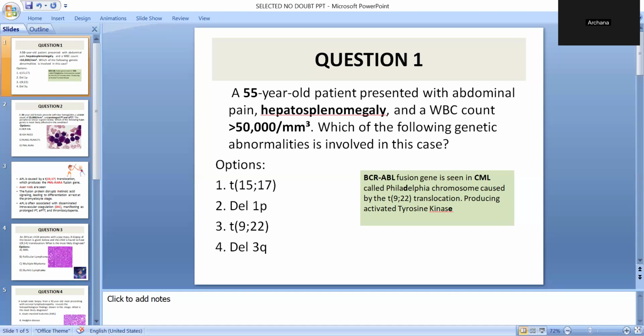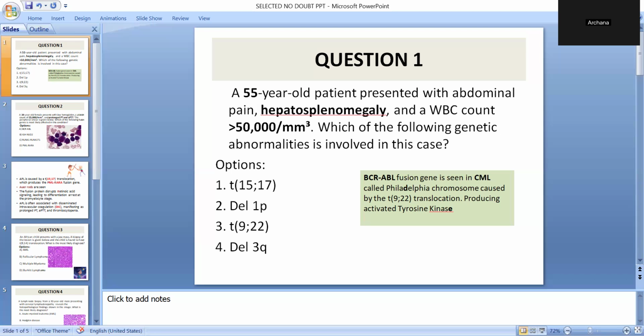There is a prolonged PT and APTT, which suggests that the patient has a bleeding tendency. With these features, the peripheral smear shows abnormally large cells. When abnormally large, uniform-looking cells are seen in a picture, the only thing that has to come to mind is that we are dealing with blasts. And as the common dictum says, whenever there are blasts, it is some form of acute leukemia. Now, knowing these things, let's see what the options are.